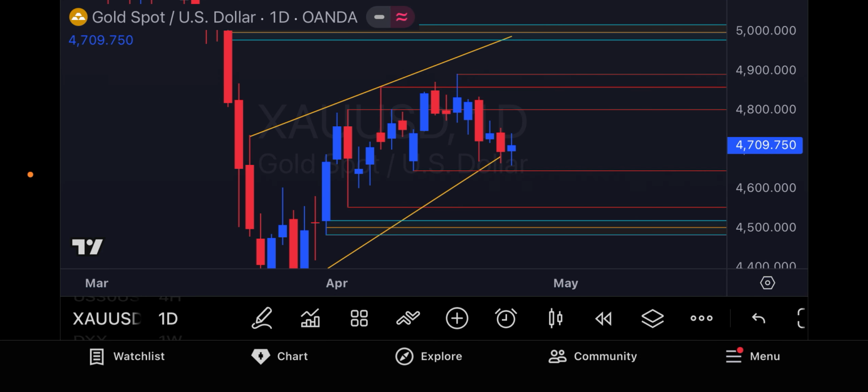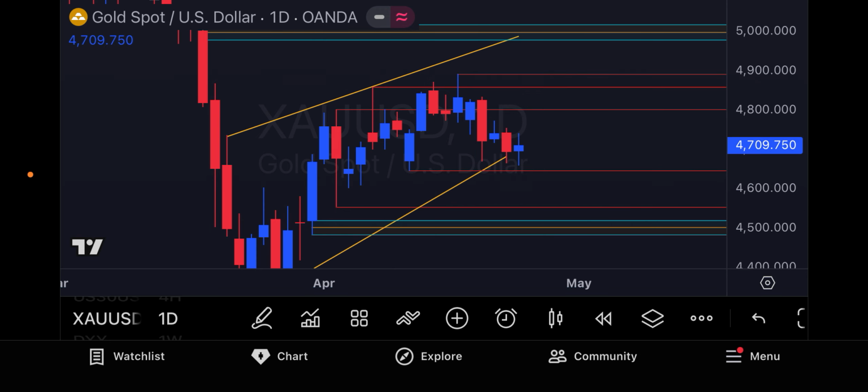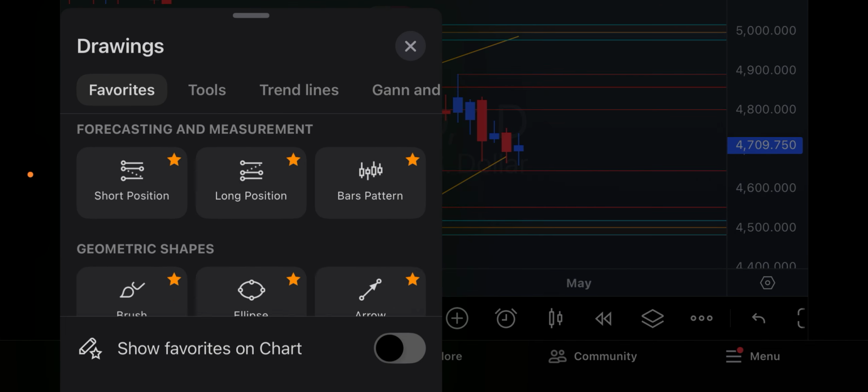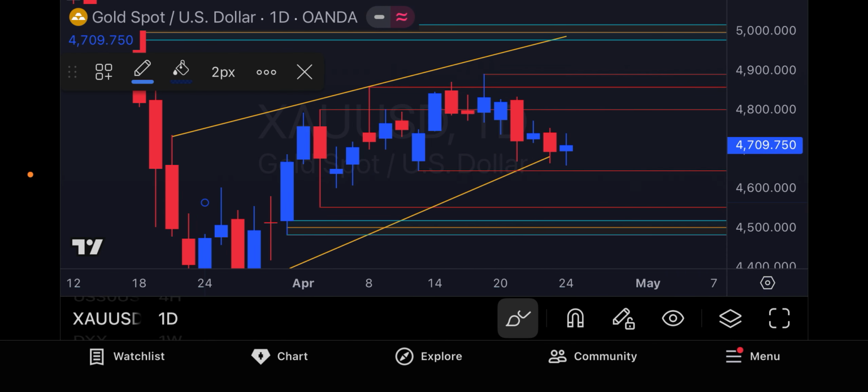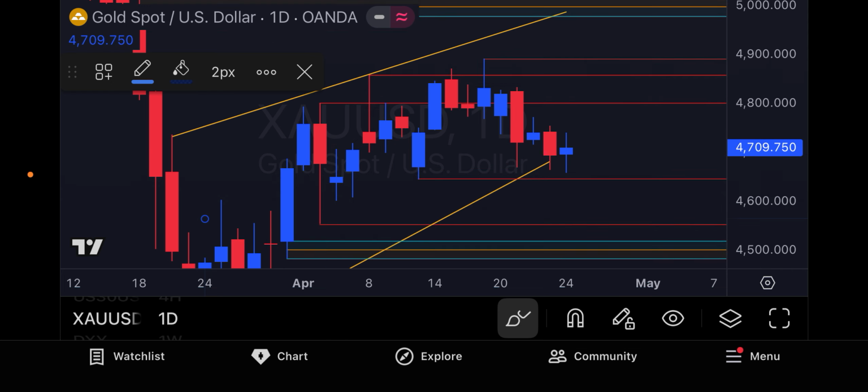Maybe just to speak about the highs and the lows and the structure, so that when we drop down on a smaller time frame, things are a little bit more clear. Let's get a drawing tool over there. Where are we? There we go. So if we're looking at just the structure here, on a daily, the important things to note is that price